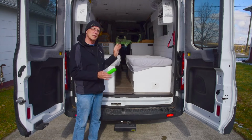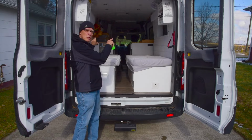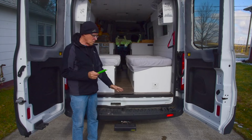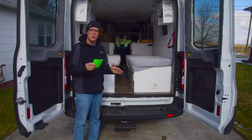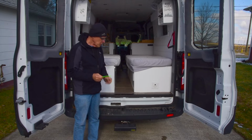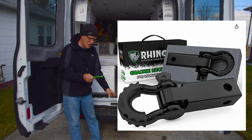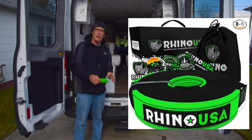The Ford Transits in England have hooks on the front that you can tow, actual tow points. For some reason they don't have them on the American model. So what I decided to do, by having the Kurt receiver, I could have a shackle hitch receiver. So I got one off Amazon from Rhino USA. So it slides in there. I'd go get it for you, but it's all thick snow up there, and I'll show you a picture right now, okay? And so it slides in, and then I also got a tow strap from Rhino, a recovery strap that